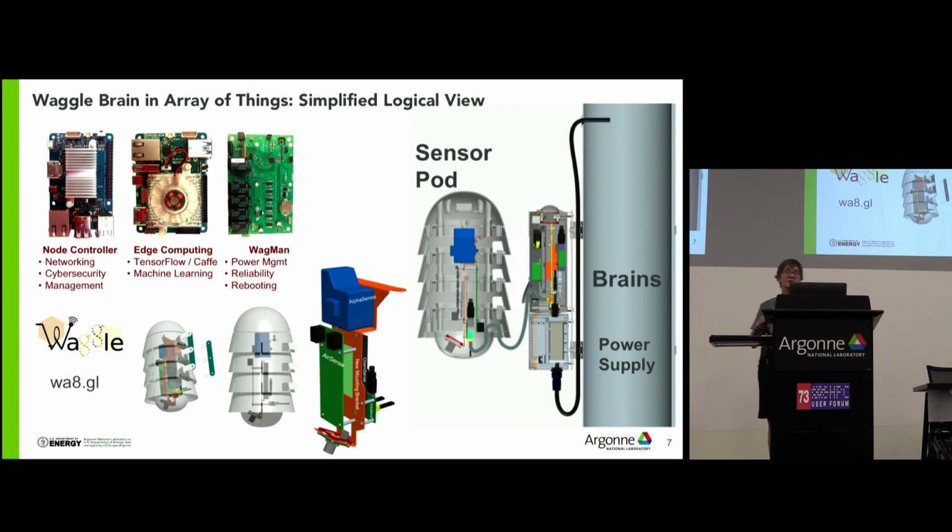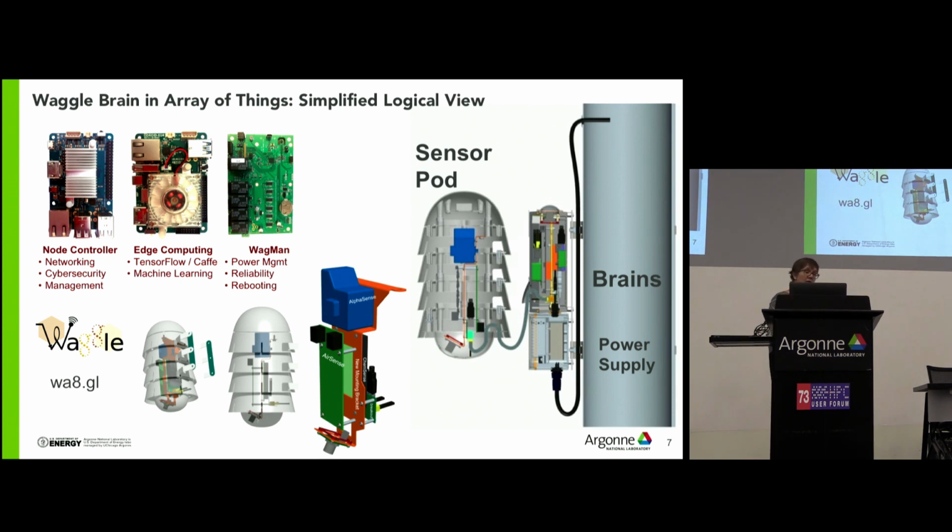Inside there is the Waggle brain, and the Waggle has 3 parts, and I won't go into detail on any of these. I'll talk a lot about the edge computing, but there's a node controller that controls networking, security, and managing the system. There's power management and reliability. These are devices that are going to go out and be placed in the field, so we really have to work on the resiliency piece, because once they're mounted and out there, it might as well be a deep space probe. You can't have a grad student climb the pole and hit a reset button. The thing has to work out in the field. I'll talk a little bit more in detail about the edge computing as we go on.